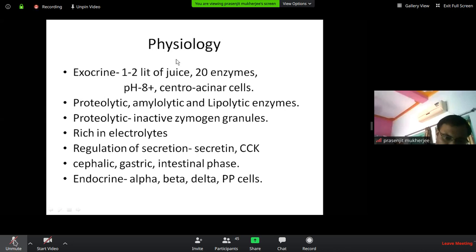Intestinal phase: when the food enters the intestine, a mixture of gastric chyme and food enters into the duodenum. What happens? There is release of cholecystokinin, and it again releases enzyme and bicarbonate rich fluid into the duodenum. Secretion of enzyme and bicarbonate rich fluid is very important, because all of you know gastric juice is very high in acid content. If that juice comes to the duodenum, the mucosa is not as protected as in the stomach. So the